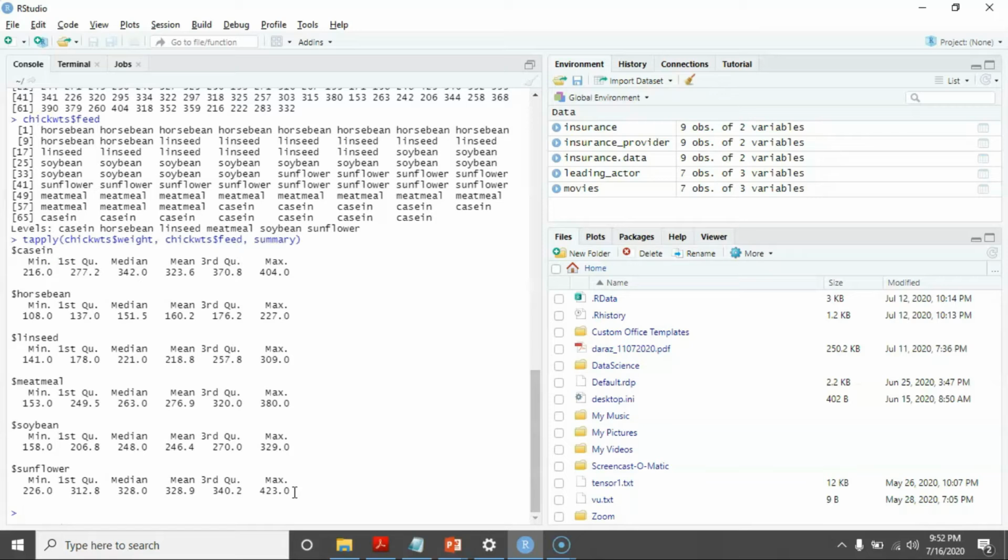Why? Because it produces chicken with good weight, or the best weight in comparison with any other feed. However, remember, casein is also a strong competitor of sunflower feed. So if somehow sunflower feed is not available, then the next best option is casein.